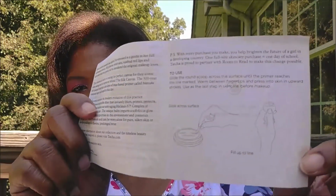Here is the primer. Invisible layers of silk instantly filter away imperfections and impurities for alluring skin all day and over time. I believe this little disc is to like scrape it out so you don't have to keep putting your fingers in it over and over. I think that's a great idea. Okay. Oh, okay. On this paper it shows you how to use the little disc. It says glide across the surface and fill up to the line. I don't know if you can see that very well, but